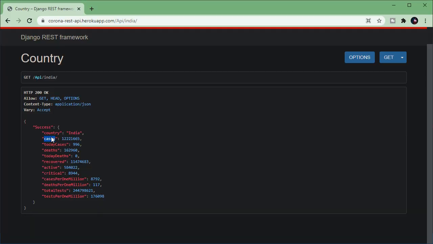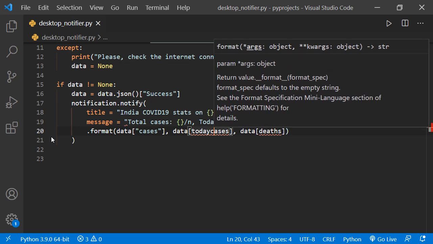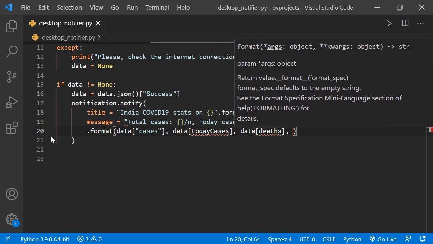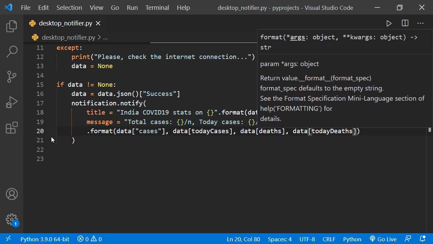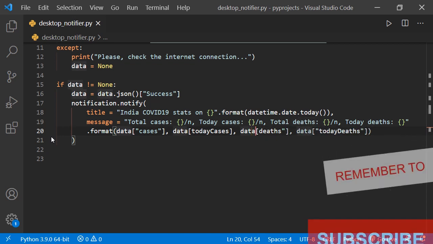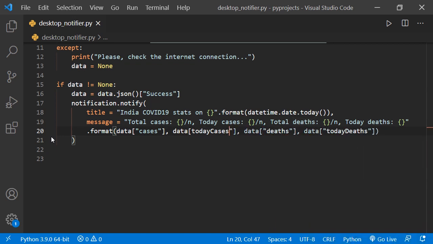I think that is correct, but here that is a capital C. So today cases, and then today deaths, and then data of today deaths. And the mistake that I have been making repeatedly is forgetting these inverted commas here. This data is acting like an object, and we are calling the key values. So these are the keys, and we have to put these inverted commas in order to get the value